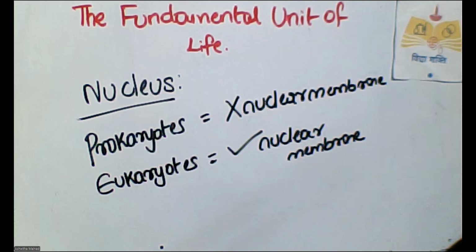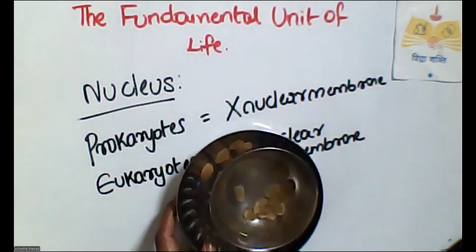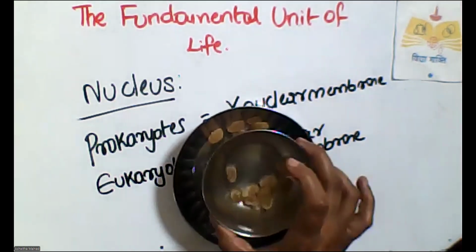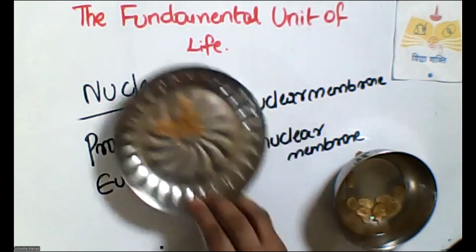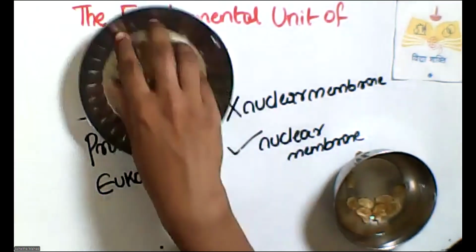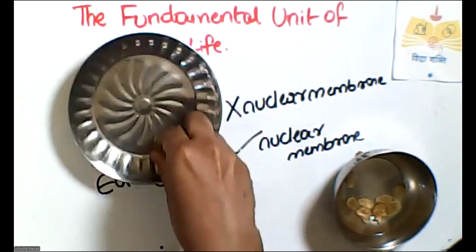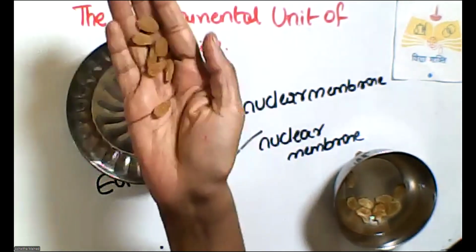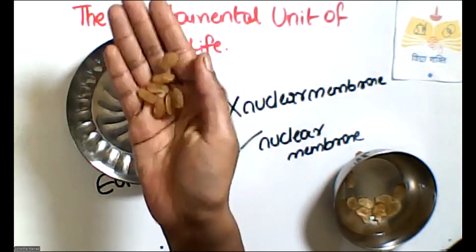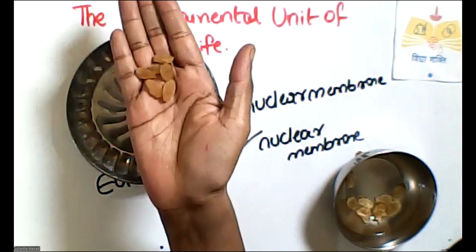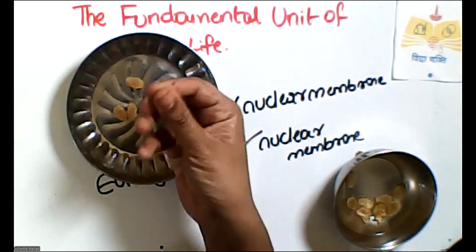I have done one for you to show you. Hope you all can see my experiment here. So there are a few raisins. We call it as vanadrakshi, dry fruit, dry grapes. This is how it looks like. Okay. You all know that these raisins,